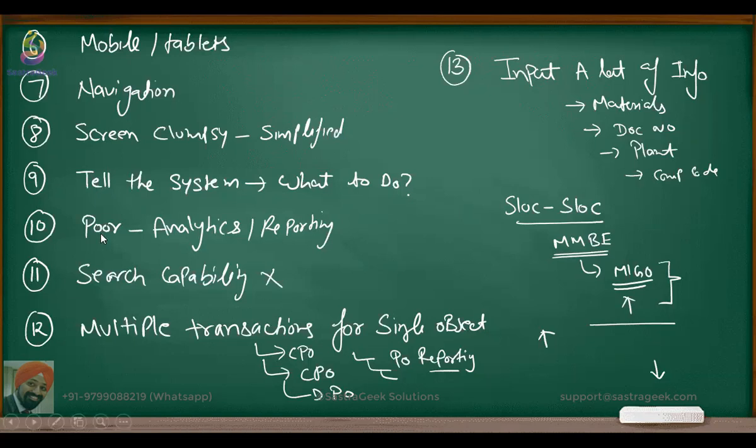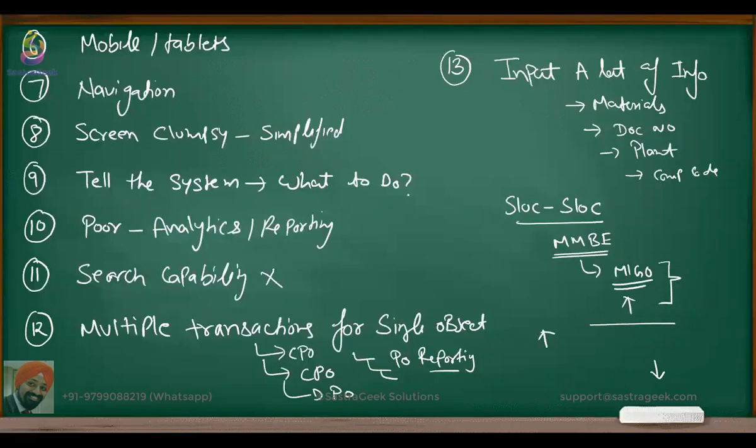It has very poor analytics and reporting. Reporting is still there, but when it comes to analytics, it's very few and poor in the existing interfaces. It doesn't have a search capability that the user can freely go and search. That kind of capability is not there. To go through the same transaction or the same object, we need to go to multiple transaction codes: create, change, display, and multiple reportings or different transaction codes. And when the user goes to a transaction code, he also needs to input a lot of things. So those are the shortcomings we discussed in the existing